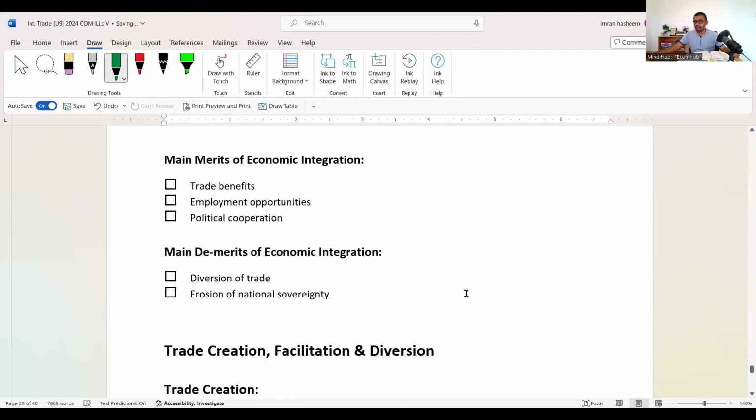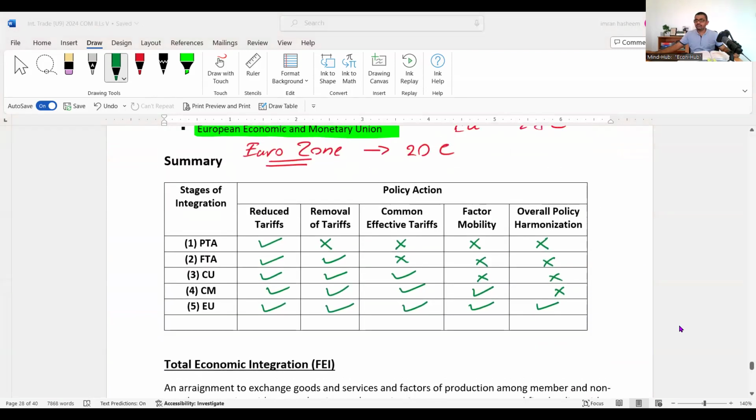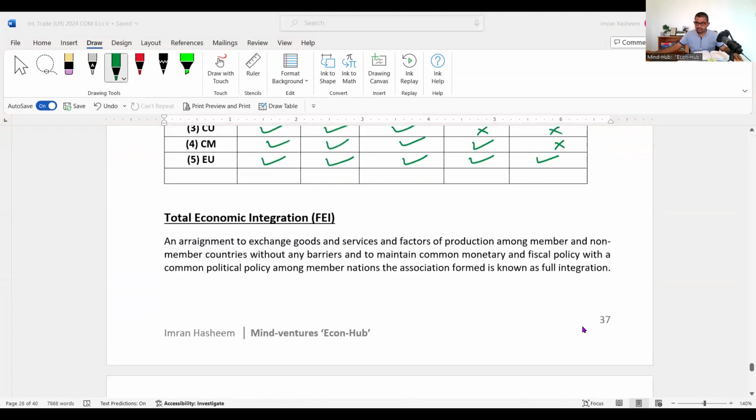Right. Good. One more glimpse. Just check everything. Right. Then,